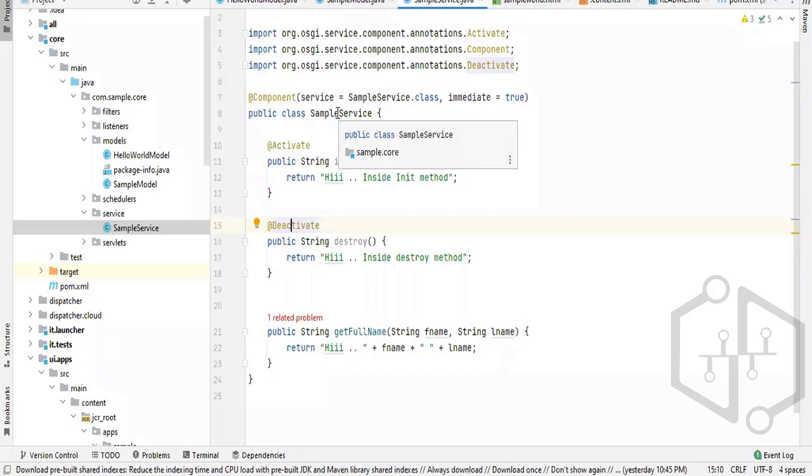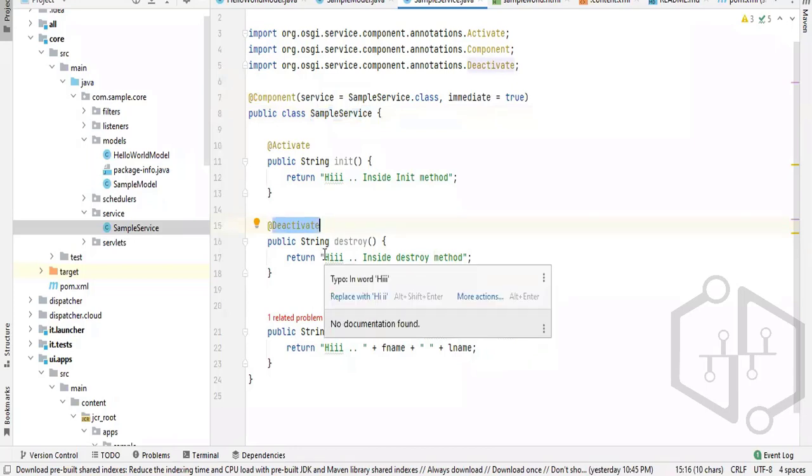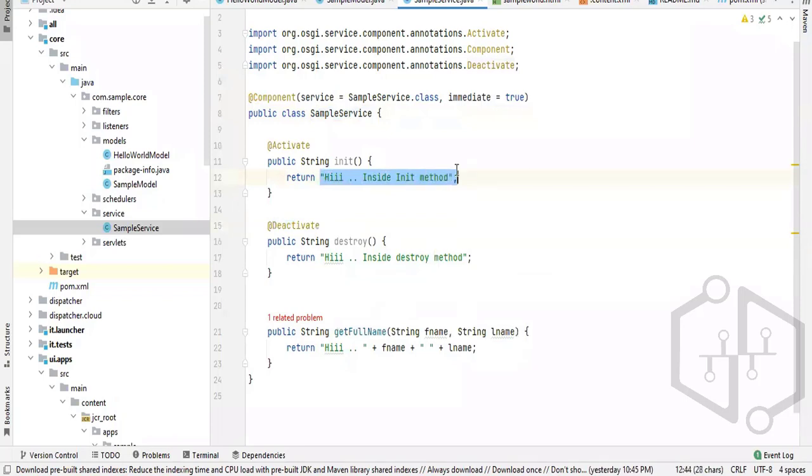The object will be destroyed when your AEM is shut down. In case your AEM is getting shut down, it will also automatically close all the open objects or open connections. So the object of the sample service, which was created at the time of startup, will also get destroyed when the AEM is shut down. During that time, if you want to close any of your open resources, you can close them inside this method. Any connection, or anything like a buffer reader,